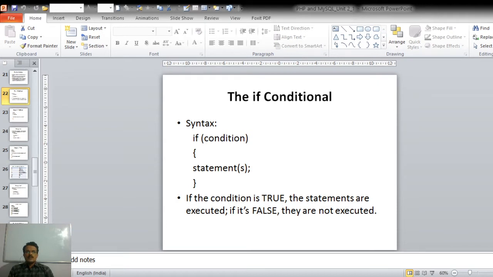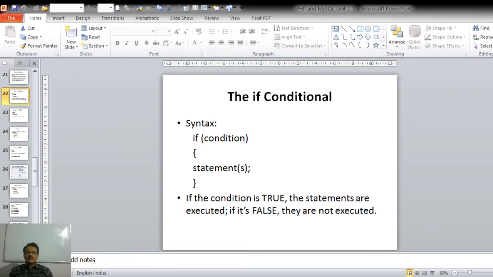Now while writing a program, there can be a case when we have to check a certain condition in order to execute a particular statement. So if that condition is true, then and only then the code will be executed. In such cases, we use the if conditional statement.